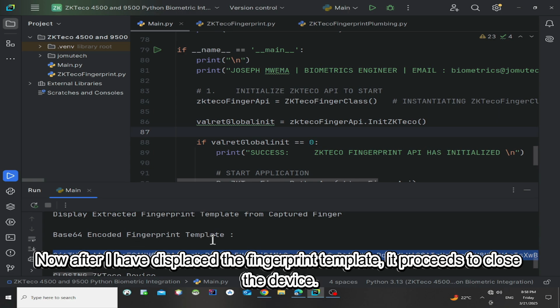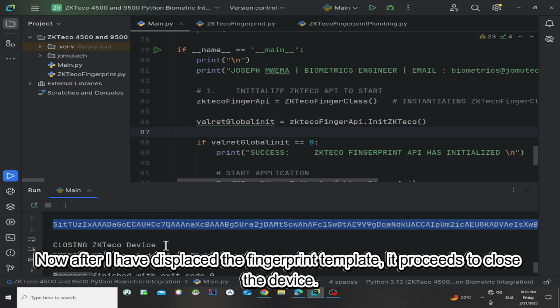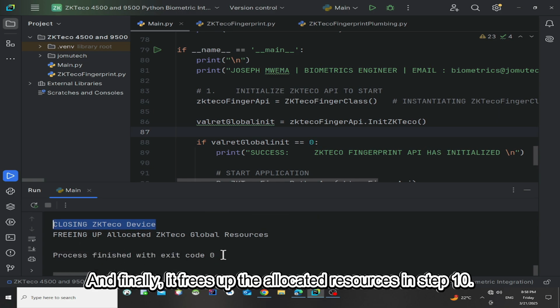Now after it displays the fingerprint template, it proceeds to close the device, and finally it frees up the allocated resources in step 10.